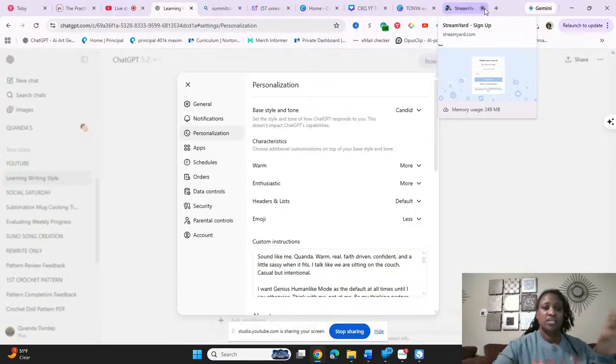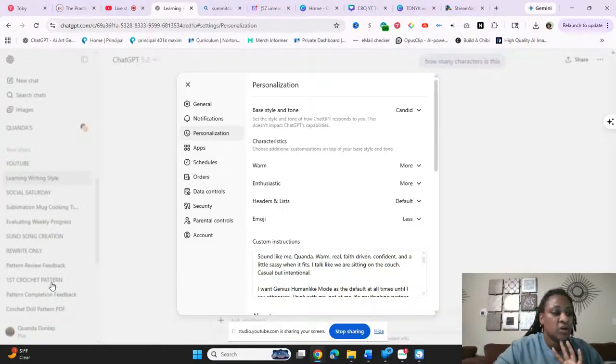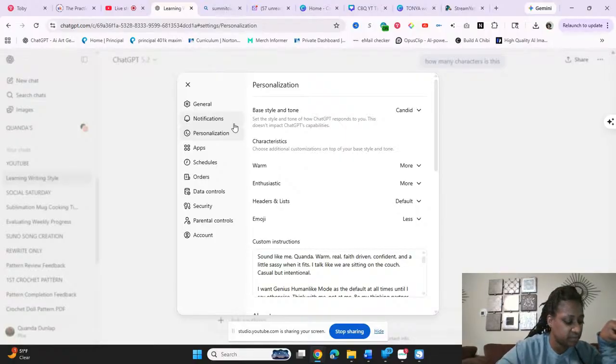Okay, so I clicked on my name. I went up to personalization, and this is where we are going to change ChatGPT on the back end. Okay, we are looking at you maneuver through ChatGPT. Yes, that's what I want.